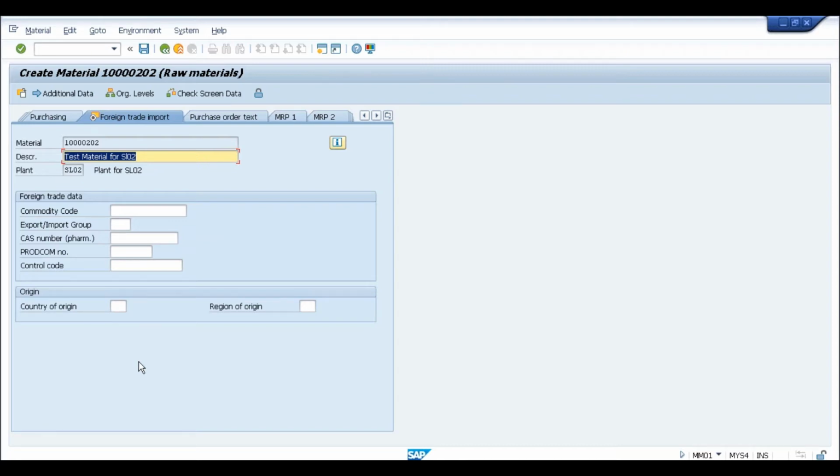Even the licensing part is completely different as of now. That is something which might be a problem for the customers, because earlier, if they were using the foreign trade functionality available within ECC, they didn't need to pay anything extra. But now that SAP GTS has become mandatory, if you want to implement it, the implementation cost and the licensing cost need to be borne by the customer. So it is not included. It is still available as an external service. Going forward, why this is done and what is going to happen in future.